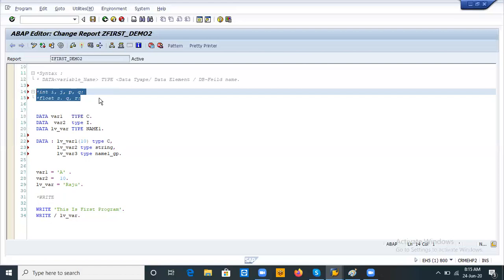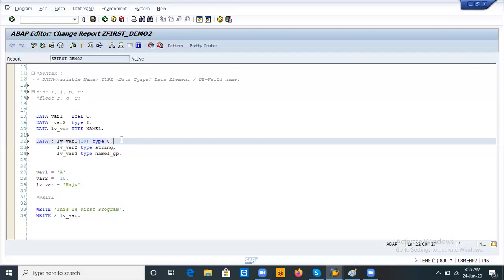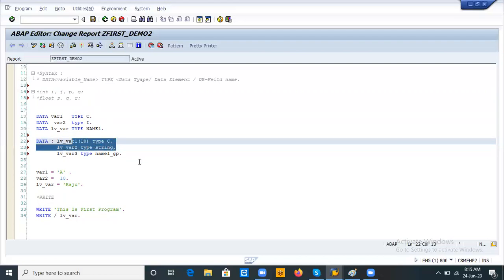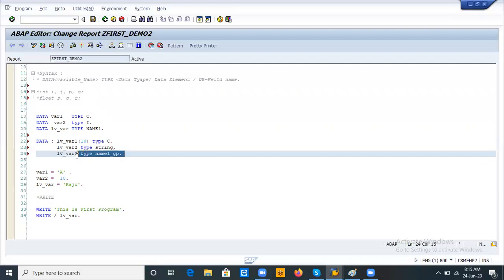We can declare whatever data types easily. See, here this is a character data type. Here this is a string data type. Here this variable is a standard field data type, right? Inside it is referring to character only. Instead of character, we are writing like this.